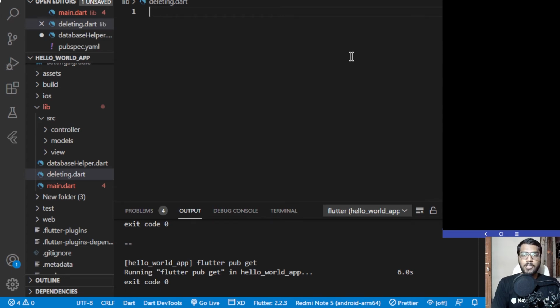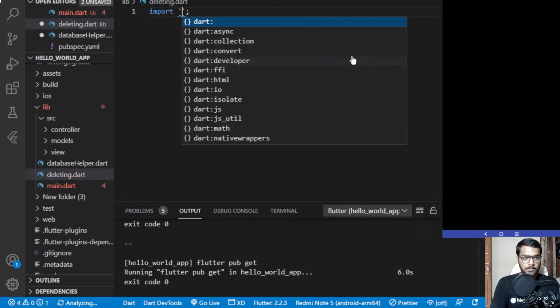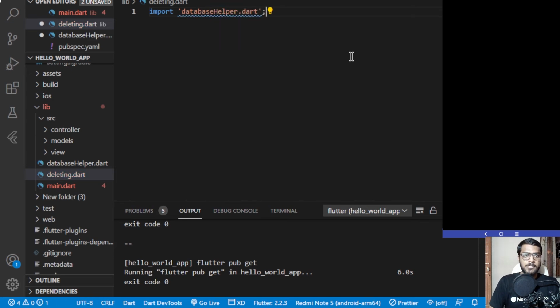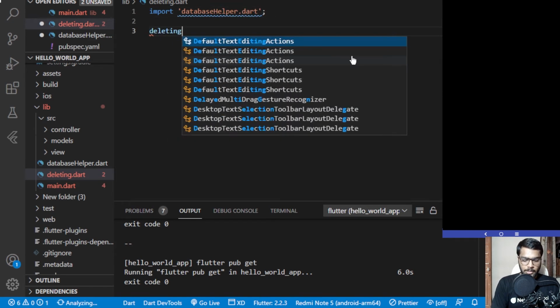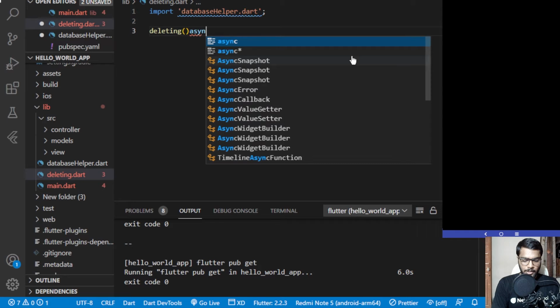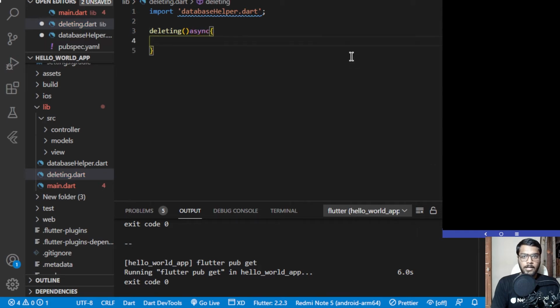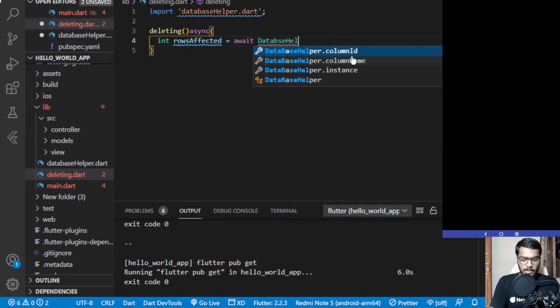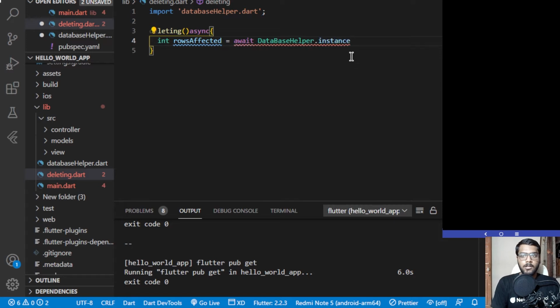So at first I need to import the database helper dot dart, and the deleting function of type async, and herein we'll be getting the rows affected inside this integer. So rows affected, and we'll be running the database helper dot instance dot delete.